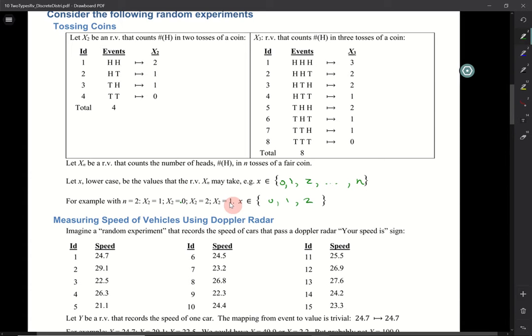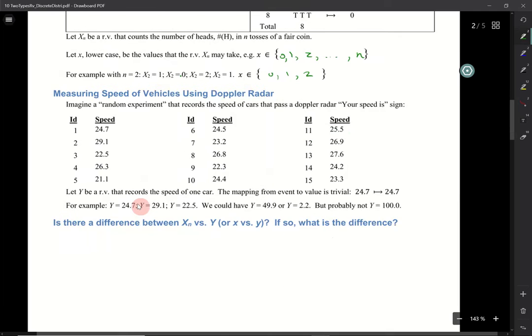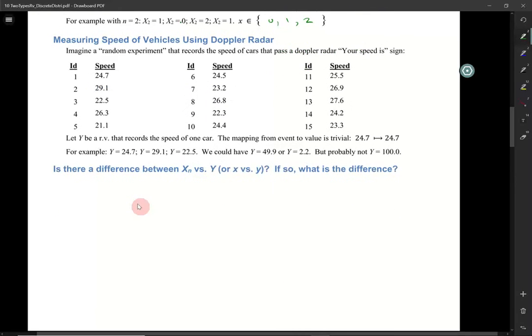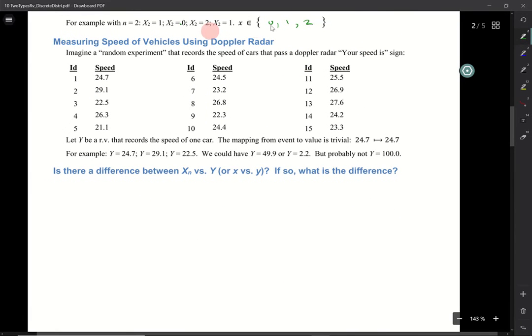A moment later, you toss 2 coins, you get a 1. You don't know what the value is, and so to hold that variable, we have this random variable kind of a thing. Okay? So we're going to be looking at these kinds of random variables actually to start out, and we'll look